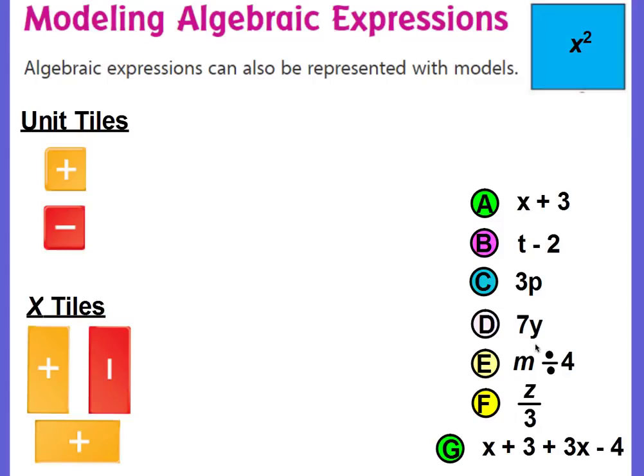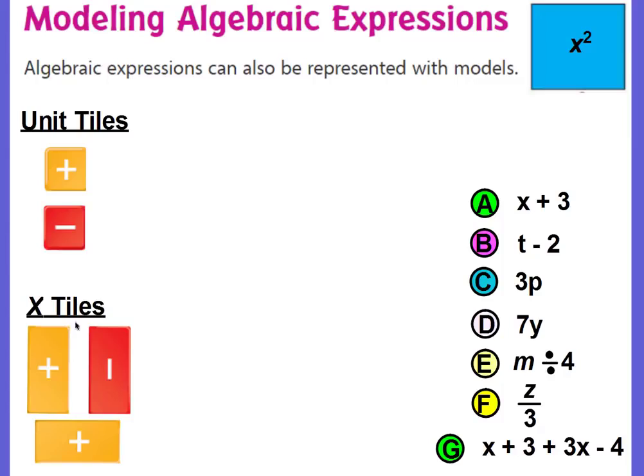Here we have 7y. Remember, when you have a number next to a letter, that invisible operation is multiplication. So this is really 7 times y. So we have an operation of multiplication and we have a variable of y. This makes this an algebraic expression. So today we're going to learn how to model these algebraic expressions, and we're going to use algebra tiles for